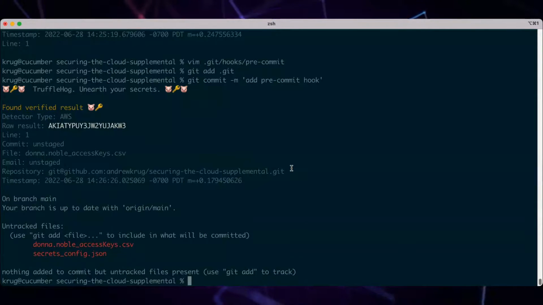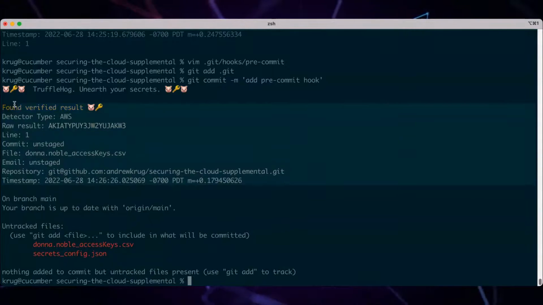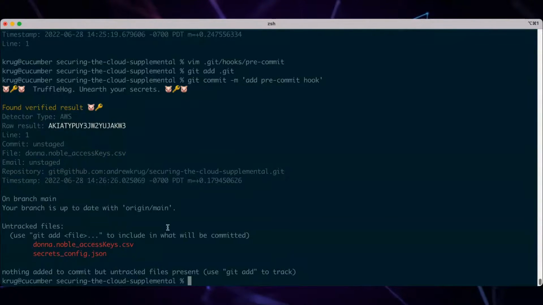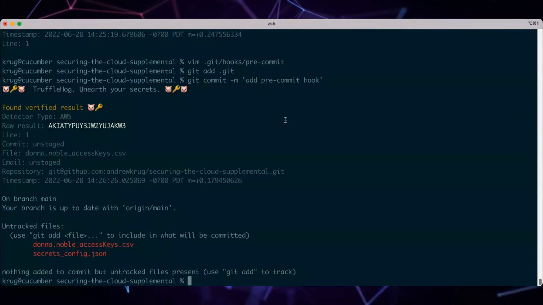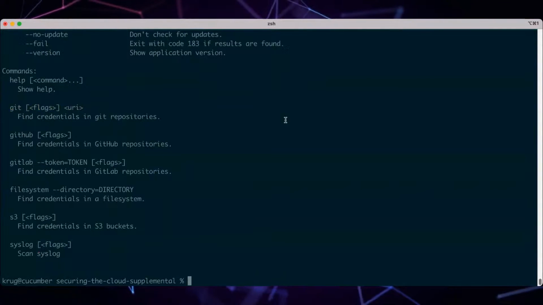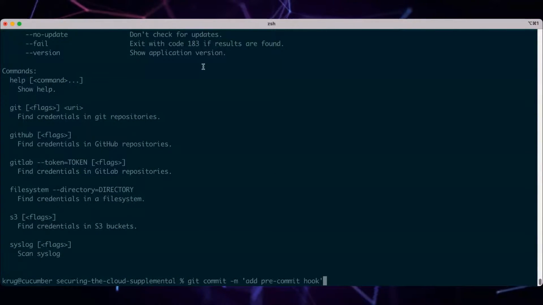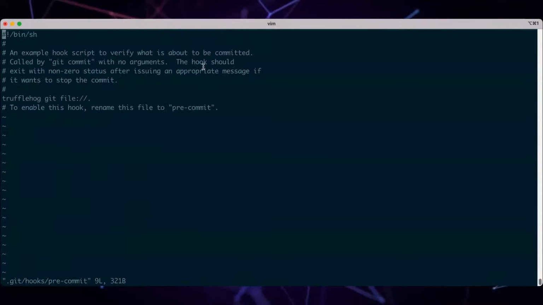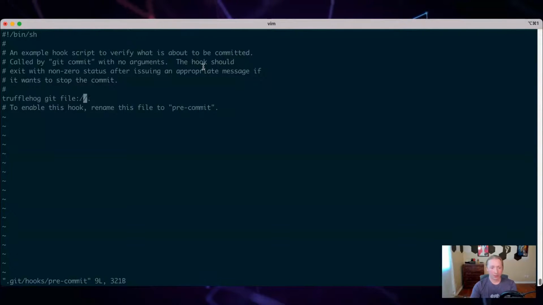And it's running, and then boom, it did not exit -1. So it didn't stop us here. It should have actually stopped the entire commit process, even though we didn't stage this key, because I'm not going to accidentally commit this key to GitHub today. But what we want it to do is actually exit -1. So there's got to be a --fail. Oh, I forgot to add the --fail flag. So now we put this in here, --fail. Okay.